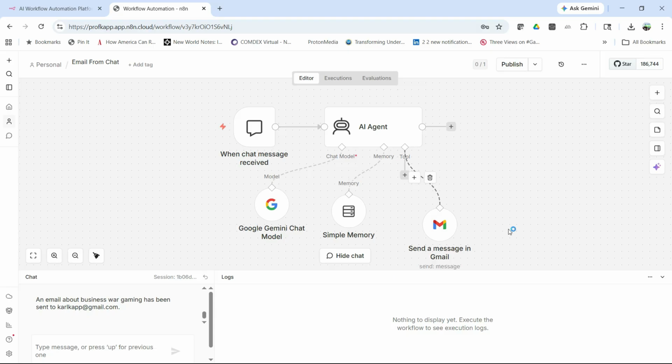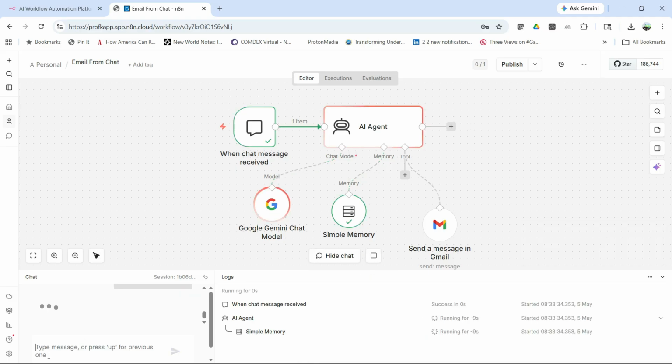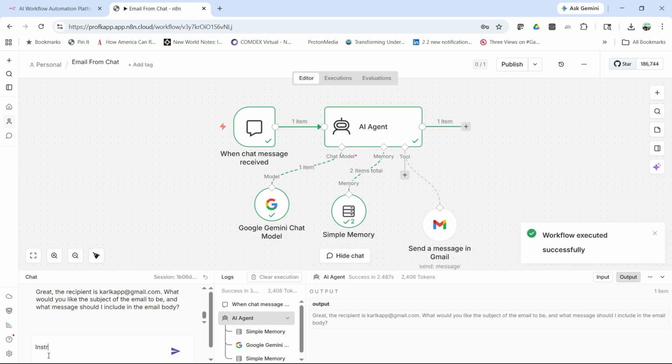So here's where we can enter information into a chat. It's going to go into an agent, and it's going to actually send an email. So let's see how this works. I'm going to ask it to send an email, and it says it can send one. What's the address? I'm going to put in the address, karlkapp@gmail.com. And then it's going to want to know the subject. And so I'm going to say the subject is going to be instructional design